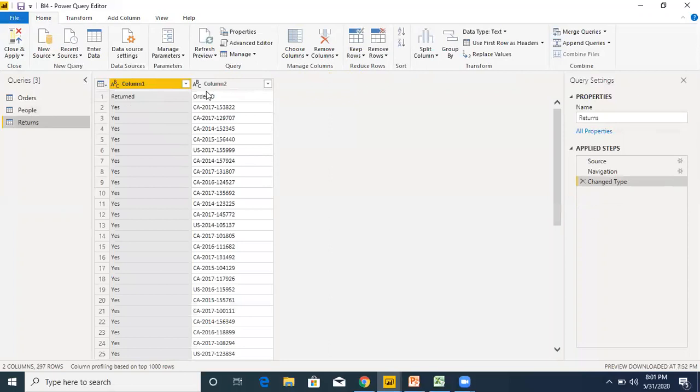So here return and order ID should be the names of the columns. So again, do the same thing: use first row as headers.